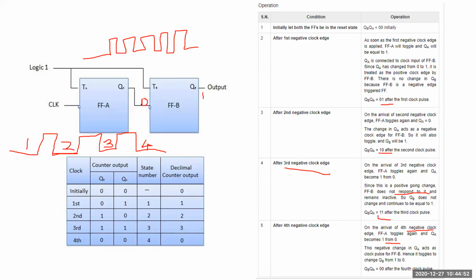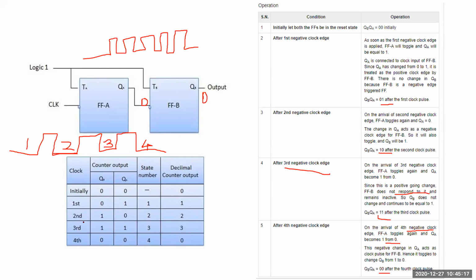Whenever the 0 becomes a negative edge for the negative edge clock input of the second flip flop, this flip flop will be working. Then this output is going to change. It goes from 1 to 0, and your output will be 0. So ultimately you will get an output of 0 0. So this is how any ripple counter, or this kind of counter, will be working.